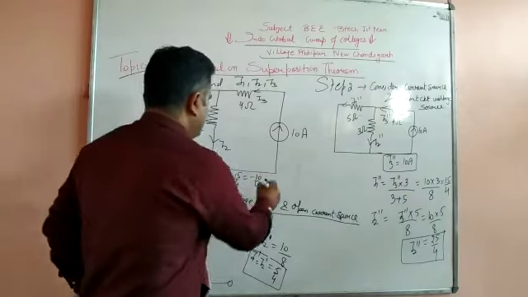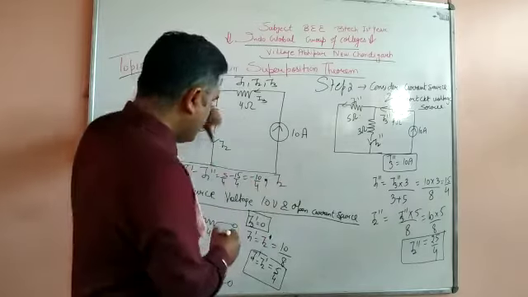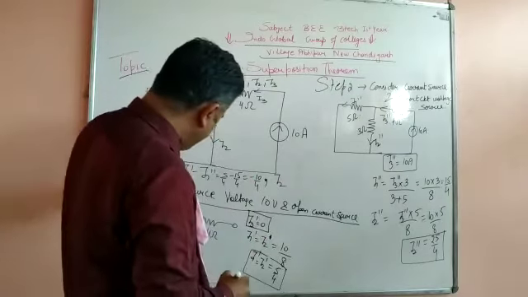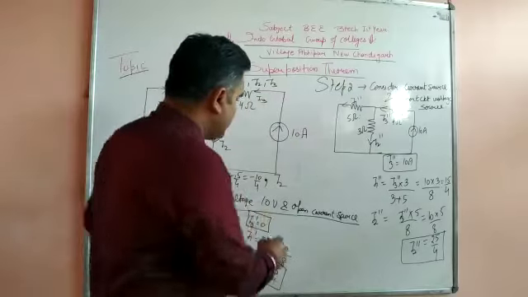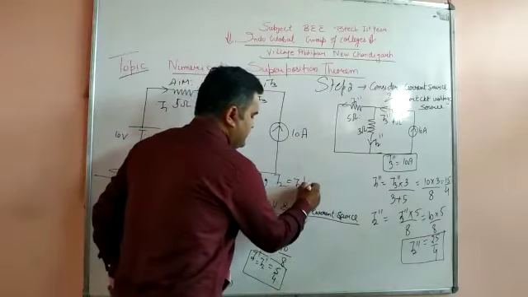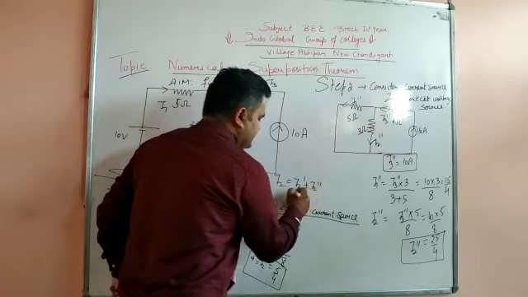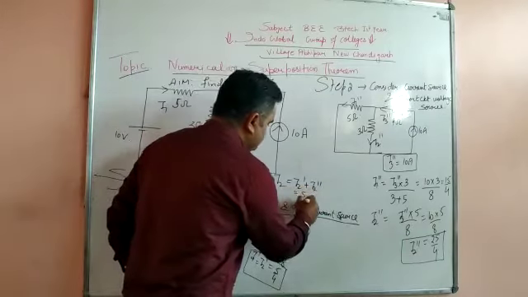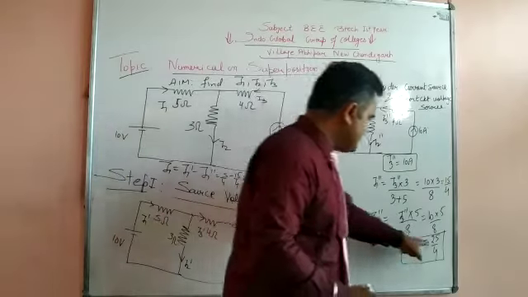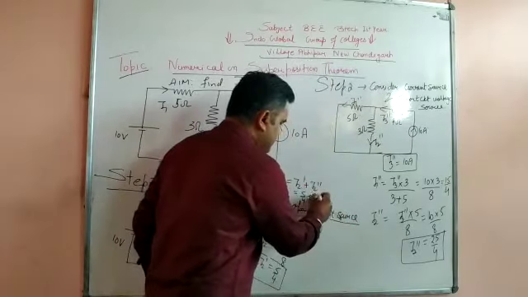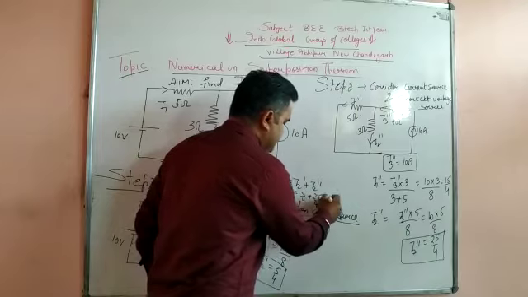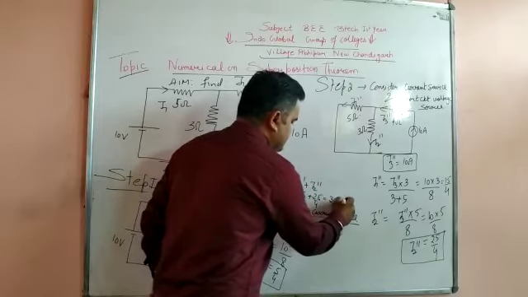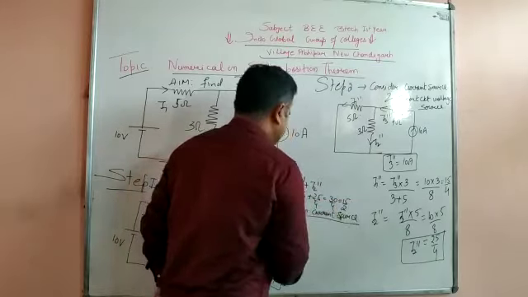Similarly, you will find I2. It is going downward as a reference direction, and in both cases it is going downward. Hence we add the two. I2 dash is 5 by 4 and I2 double dash is 25 by 4. And the answer is 30 by 4, that is 15 by 2.